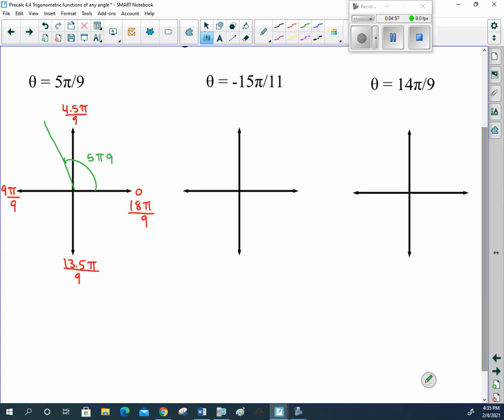Now I want to make a reference triangle out of that. So I need to have the reference angle in my reference triangle. So remember, even though I rotated 5 pi over 9,